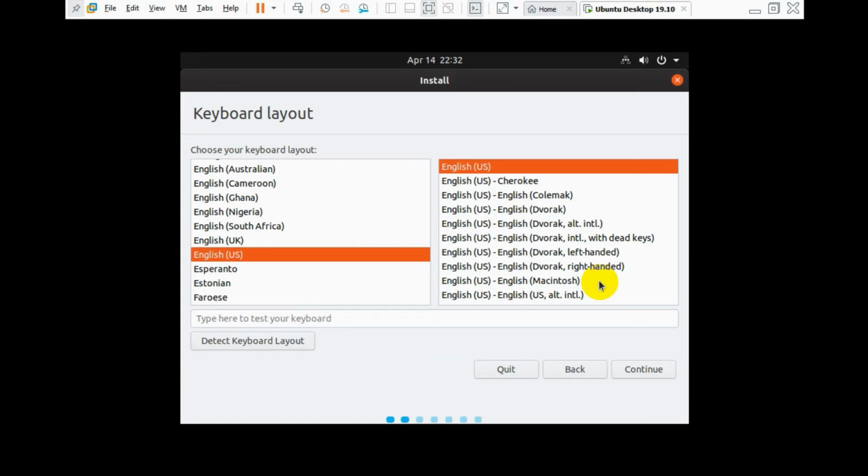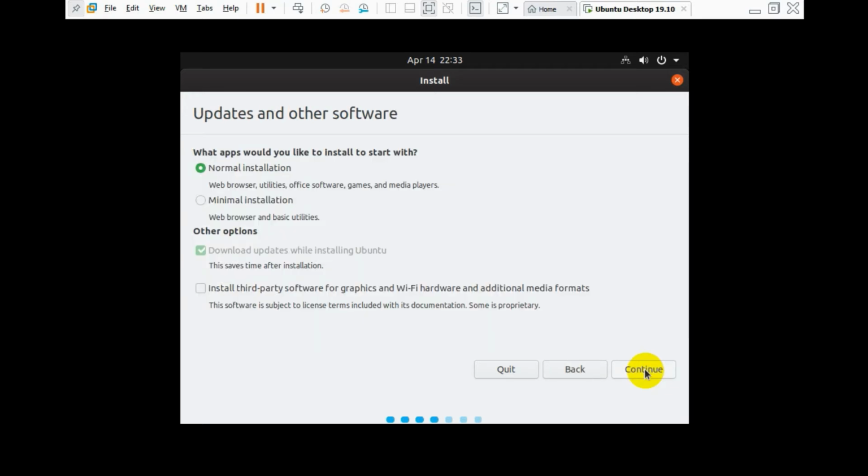Choose the keyboard layout as English US if you are using an English keyboard, and for the installation, go with the normal installation. You can go with the other option as well. If you want to install third-party software, you have to check the option that's available in other options. Now for testing purposes, we don't go with the third-party software installation, we will just go with the normal